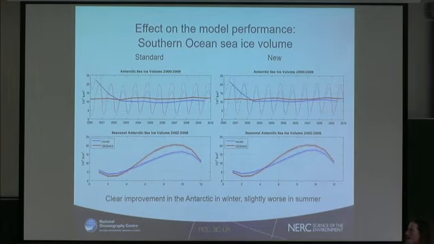So what you can see from the plots, the one on the left shows our control run, and their sea ice volume in Antarctic is quite a bit too low, which is very common in low resolution models. And our newest one on the right shows a significant improvement in the sea ice volume. So that's something I'm quite happy about. In summer it gets a little bit worse. We're overestimating a bit too much, but it's not too bad.